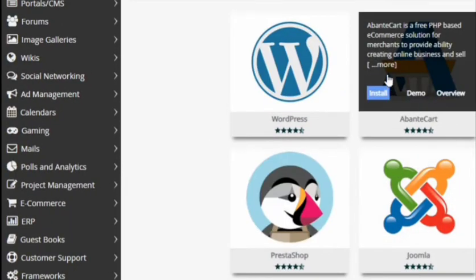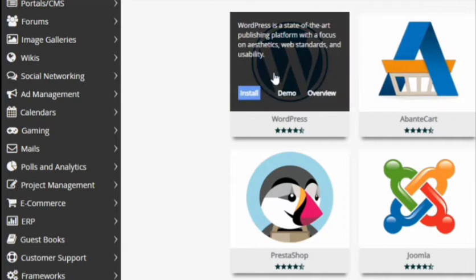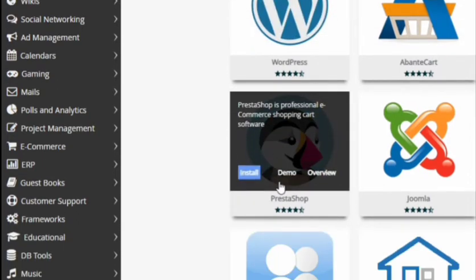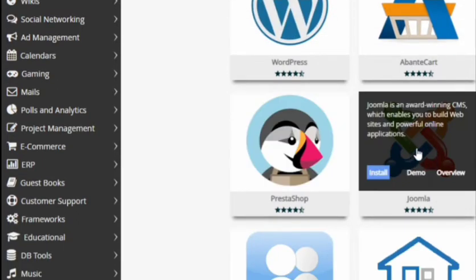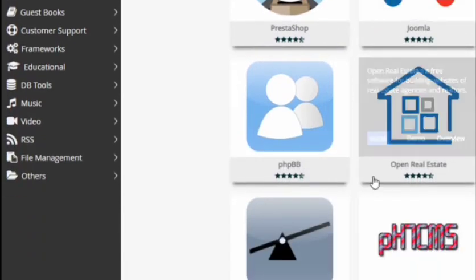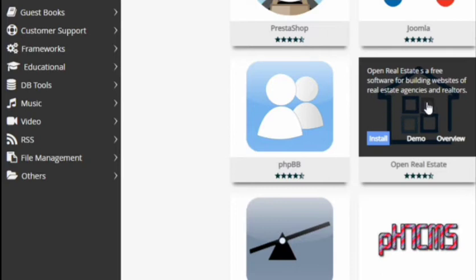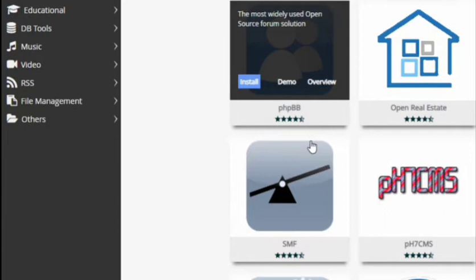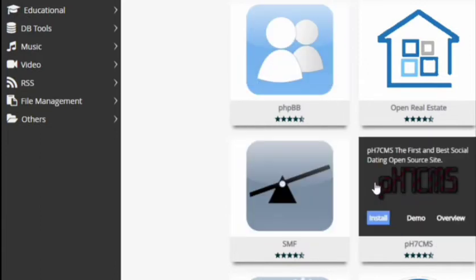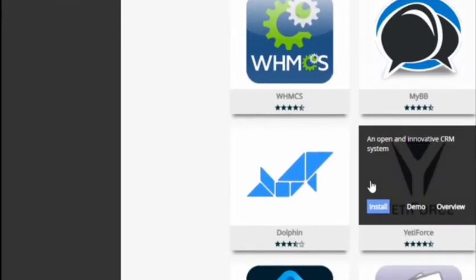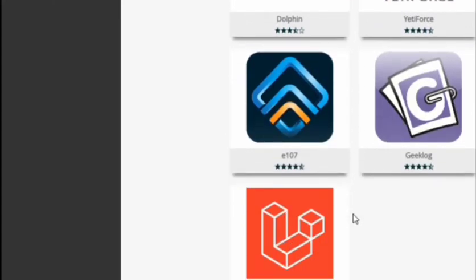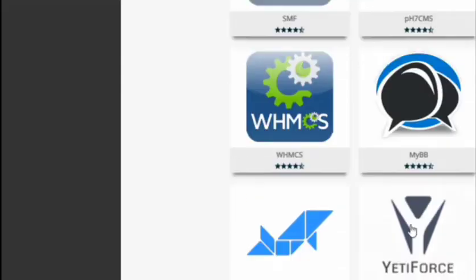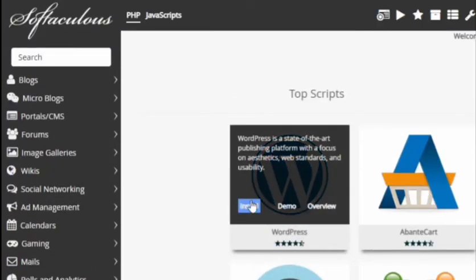Yeah, here you have to install WordPress. If you want an e-commerce site, you can click on AbanteCart, but we are not going to do that. Even if it is an e-commerce website, I will be doing it only with WordPress. If you want to explore more, you can choose anyone from here. Like you have an option to build up a forum, or you can start with a messenger kind of website. So there are lots of things. If you want, you can explore with that, but we are now going with WordPress. So I'll be installing WordPress.